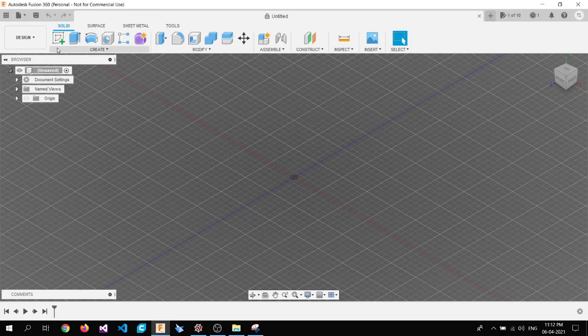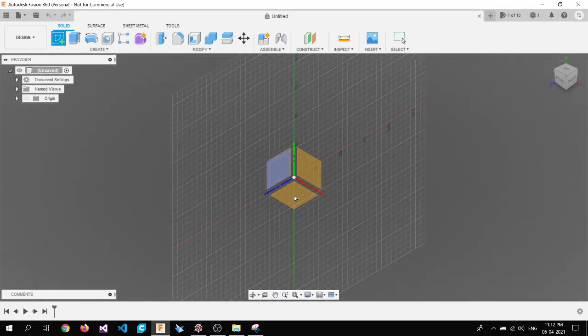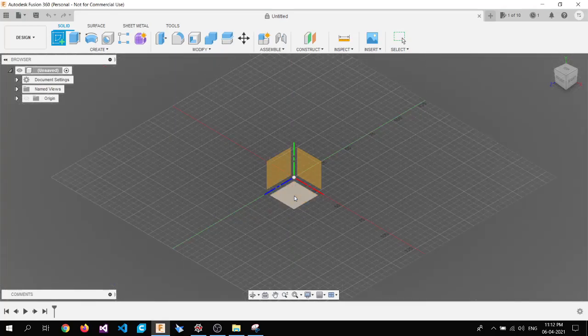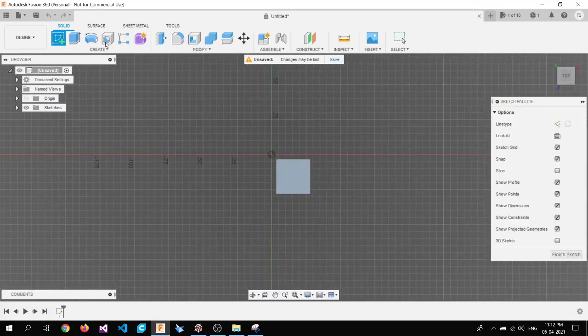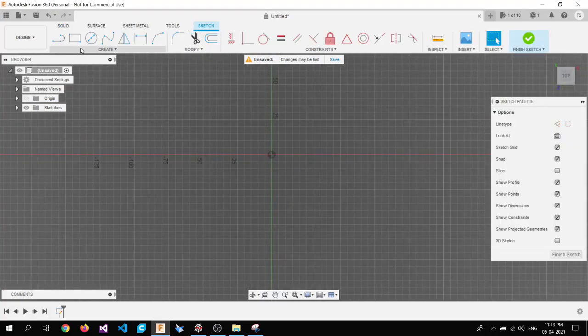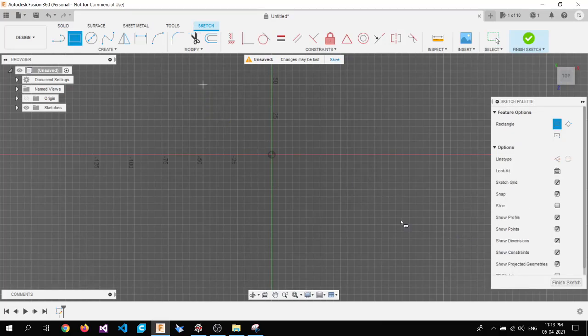For example, say we are going to draw a sketch here. We will select a plane, the bottom plane, and go with a small rectangle. Okay, so draw a rectangle here, go from here to, yeah, here can be fine.